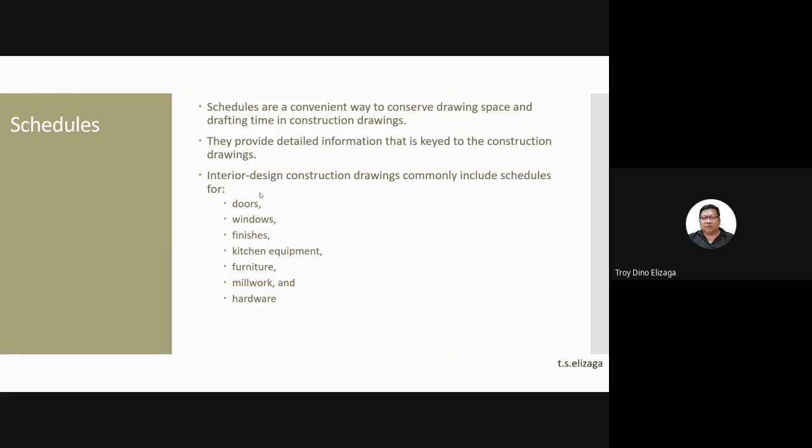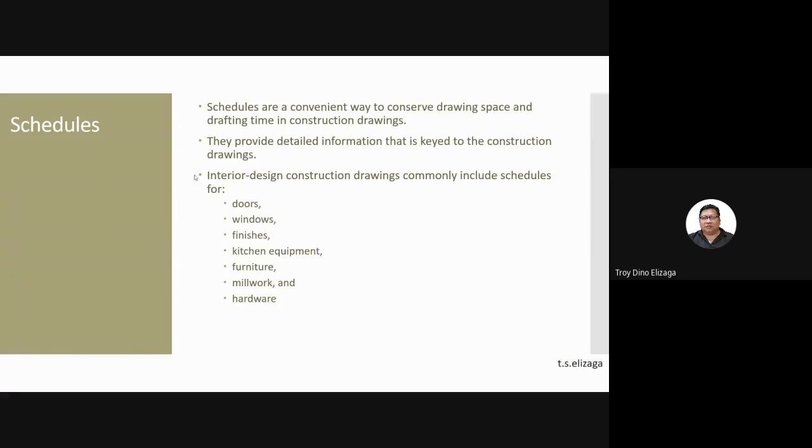So, we try to avoid putting so many details in our plans and elevations by putting these details in a separate sheet, and we call them schedules because they are actually a group of components, like all the doors. So when we talk about all the doors, we only see a key on the floor plan, and then we go to where that key refers us to look for the details.